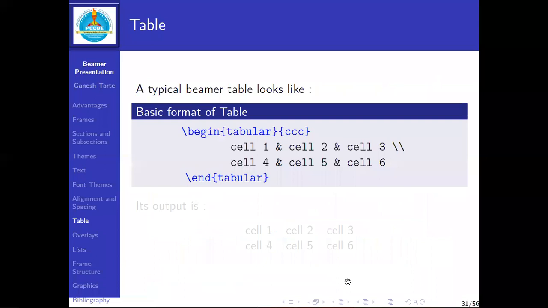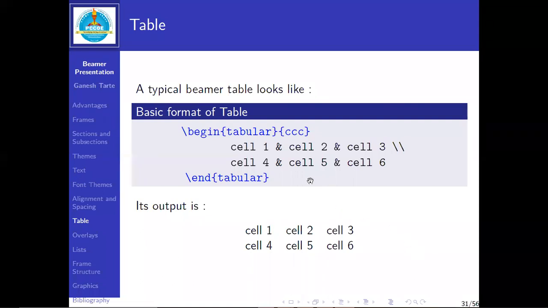The basic format for a table is begin tabular, with 3 columns, CCC. We add the first row as cell 1, then the ampersand divides it from cell 2 and cell 3. Then this double slash is the completion sign, the first row is completed. Then the second row: cell 4, cell 5, and cell 6. Now it is the last row, so no need to add the double slash, and end tabular. Its output looks like an array. So it is a simple array: cell 1, cell 2, cell 3, cell 4, cell 5, cell 6.